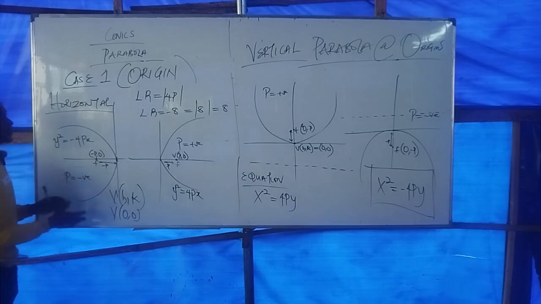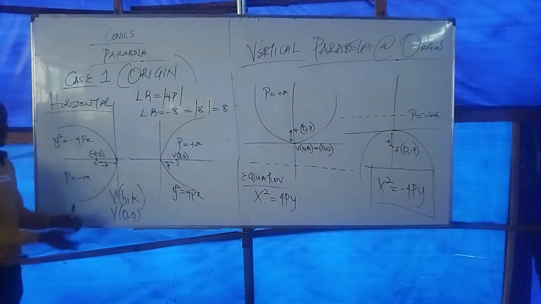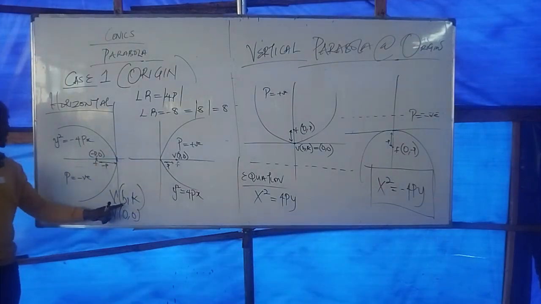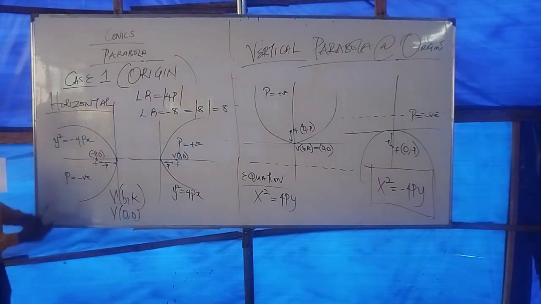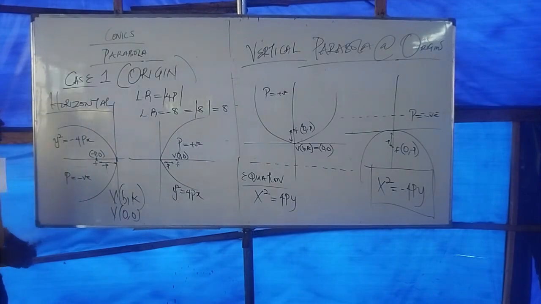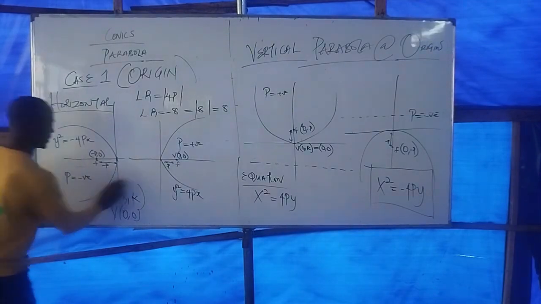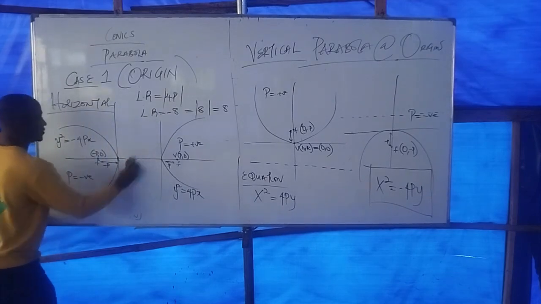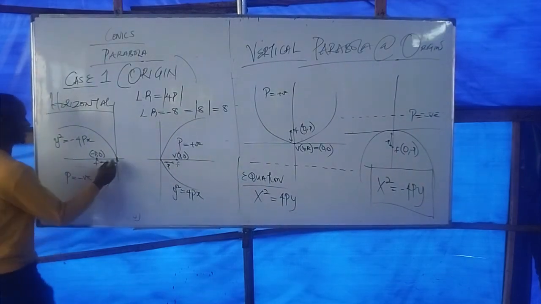Knowing that the vertex of this parabola is 0, 0, which is h, k, that means my h is 0, k is what? 0. There's something else I want to describe. I want to show you how we can actually find the equation of the directrix. Okay, let's pay attention. Now look at this. Don't forget that the directrix is always